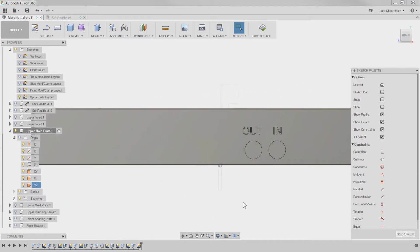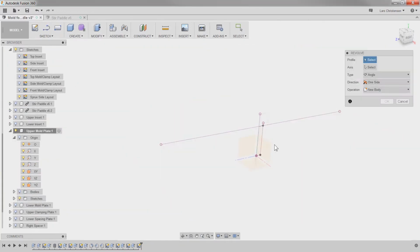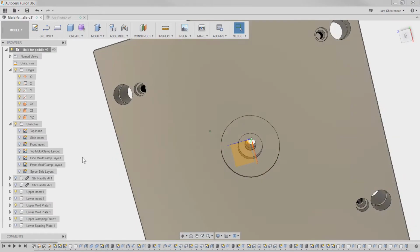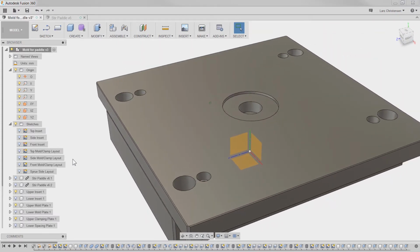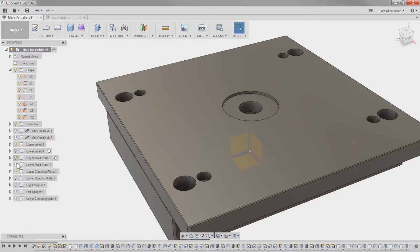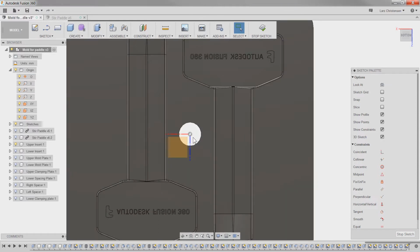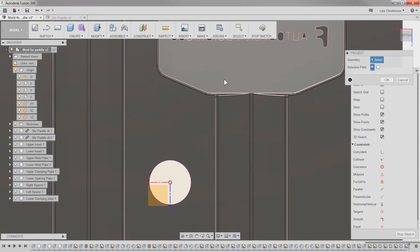While we are doing this, upper clamping plate. Alrighty. Now there's also going to be a sprue top, so let's go ahead and create that one. The sprue top is going to have this diameter here, so I can actually project that one right to here. And then the way I'm going to do the intro is I'm going to have the